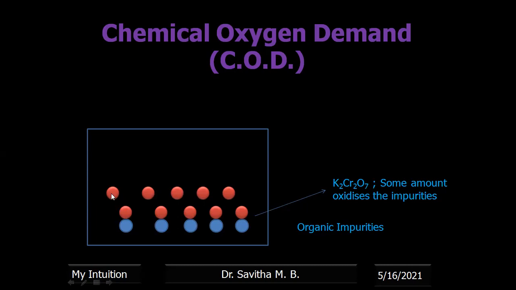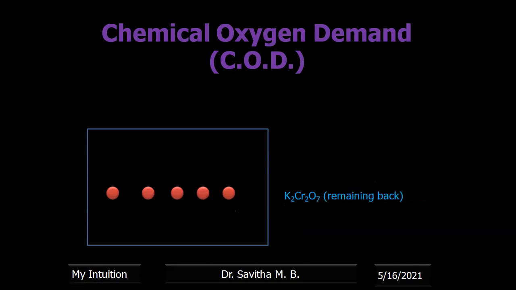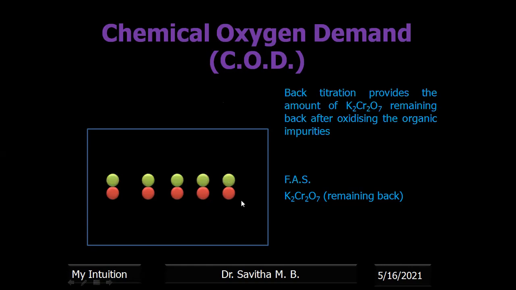Now the excess potassium dichromate can be found out. How much is remaining excess after the reaction can be found out. This is the remaining potassium dichromate, by titrating against FAS, ferrous ammonium sulfate, right? Since you are doing the titration, as much potassium dichromate is present, so much FAS will be consumed, right? How will you come to know how much FAS is required? That we will come to know by using an indicator, and the indicator used is ferroin, right? So you find out how much FAS is remaining,